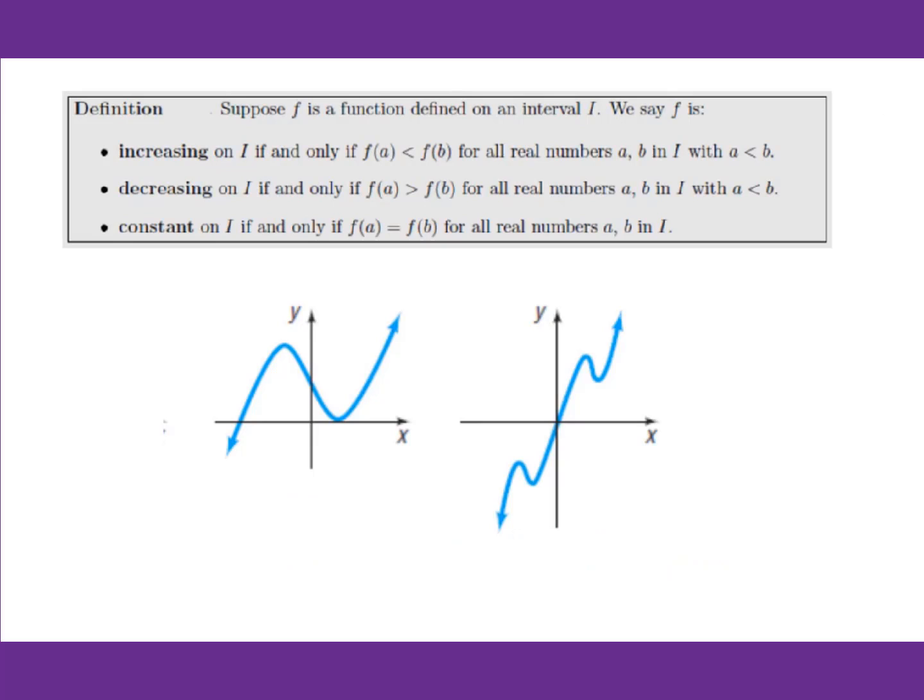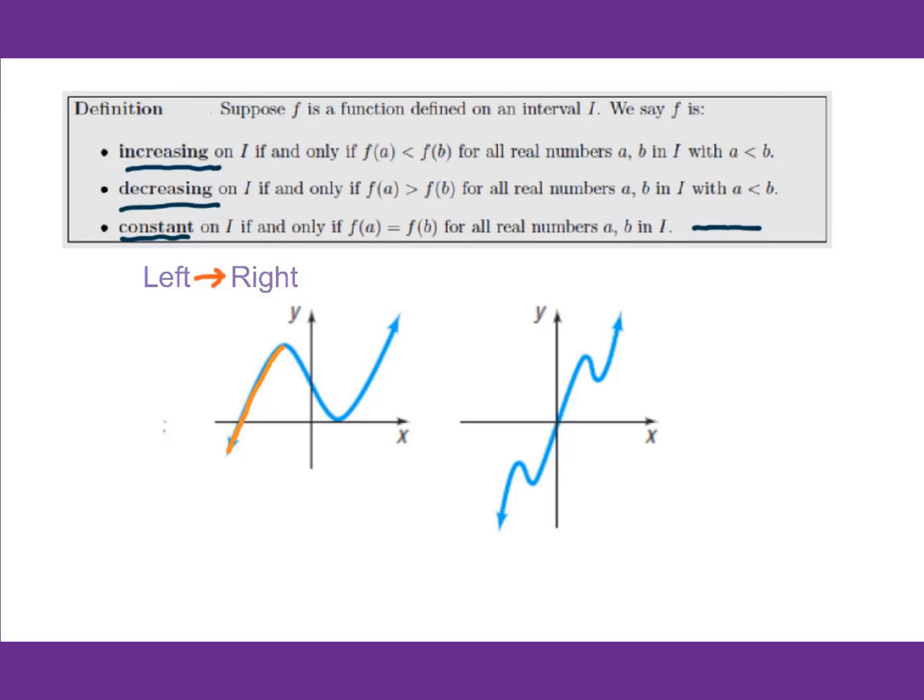Now let's talk about increasing, decreasing, or constant functions. A constant function is really easy to understand. It's just a horizontal line. That's a constant function. For a given graph of a function, you have to look from the left side to the right side. When the graph is going up, it means increasing. When the graph is going down, we call that part of the function decreasing. For example,